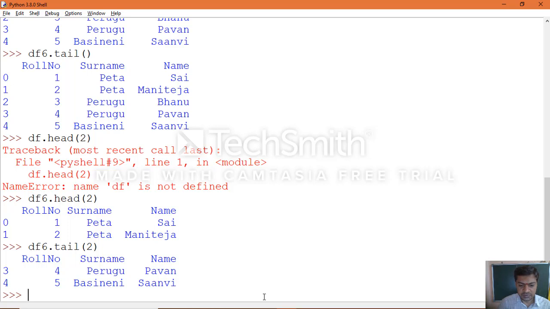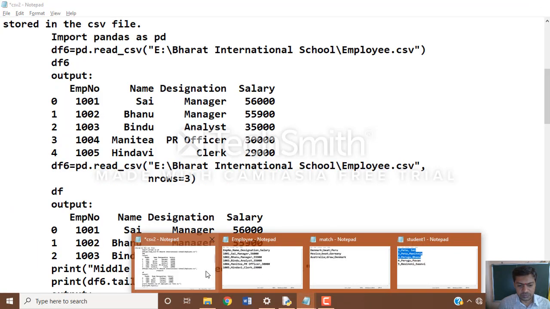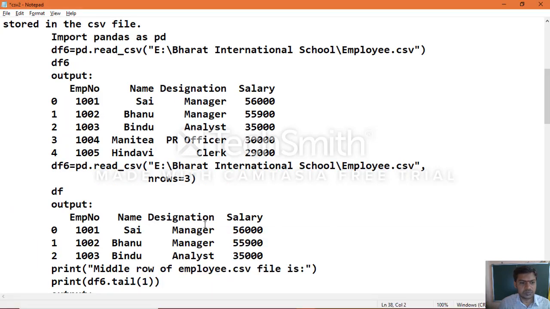So let's see another way to extract the rows. Another example we are proceeding with is employee. Now we'll see the employee CSV file.